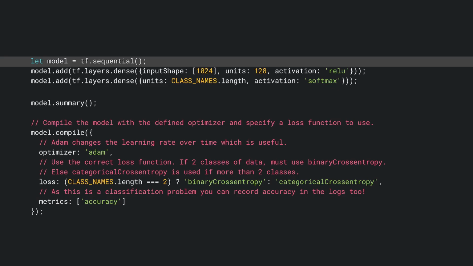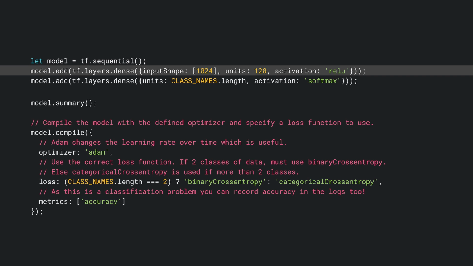Okay, now it's time to start defining your model head, which is essentially a very minimal multi-layer perceptron. Start by defining a tf.sequential model to which you'll add layers. Next, add a dense layer as the input layer to this model. This will have an input shape of 1024 as the outputs from the MobileNet v3 model features layer are of this size, as you saw in the previous step after passing zeros through it. This layer will have 128 neurons and use the ReLU activation function.